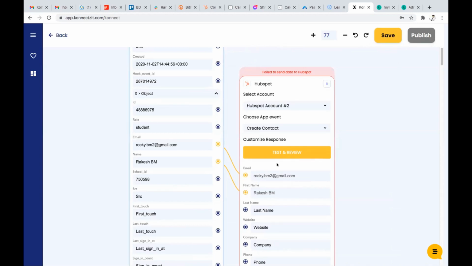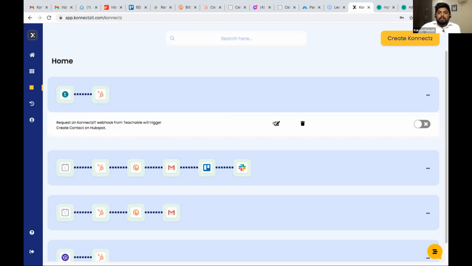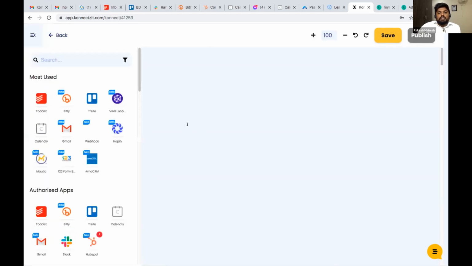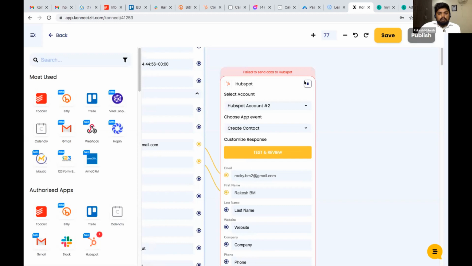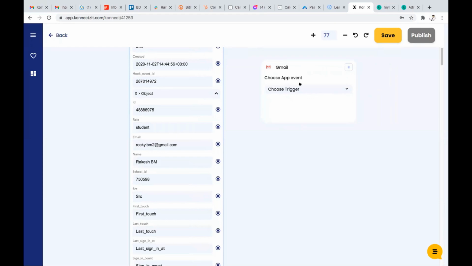Let's say, for example, somebody opts into a form in your HubSpot marketing automation. You could trigger an account to be created inside Teachable, and then maybe send them an email to say that we've created an account for you in Teachable. Yes, we can do that. Whenever a Teachable account is created, we can start connecting these apps to multiple other apps. So what is your use case? You want to send an email whenever a Teachable account has been created, right? Right. So I can do that.